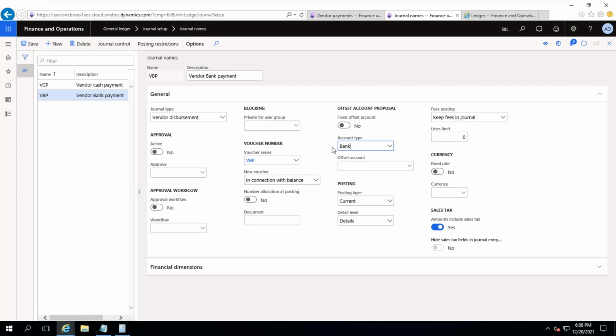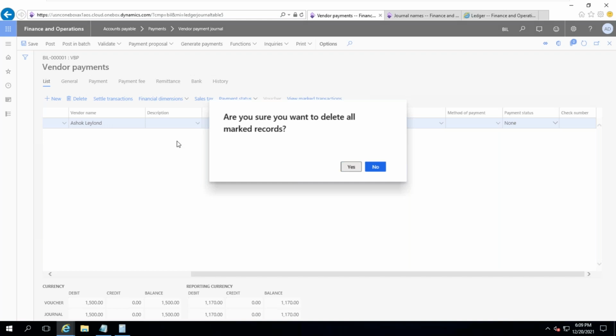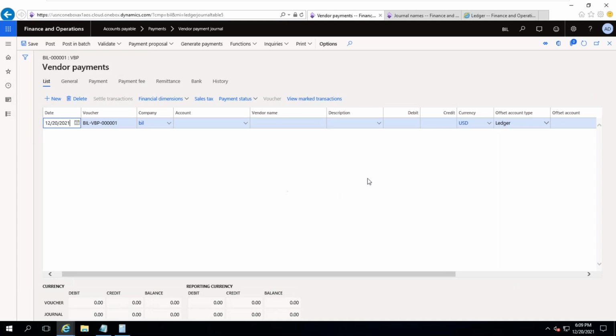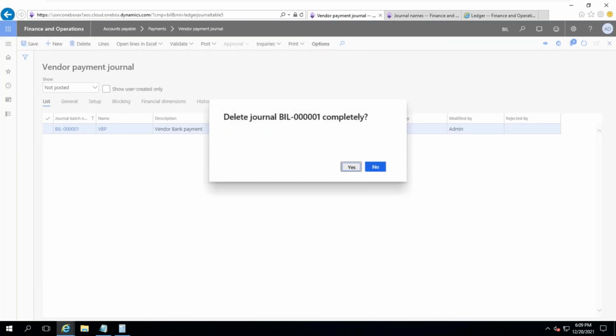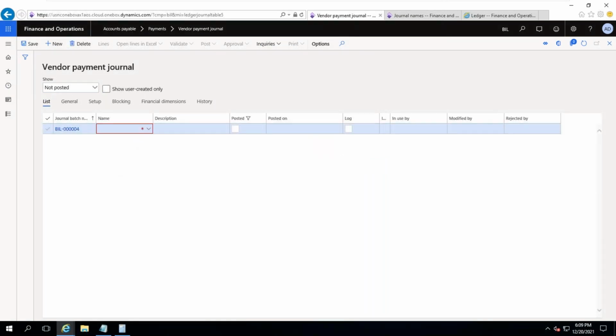Understood? If I select bank, whenever you are doing vendor bank payment, suppose I'm deleting this one and recreating it once again. So it is not coming this one. Sorry, give me a minute. Let me delete this line. Now I'm creating a new journal name, vendor bank payment. If I go inside lines,